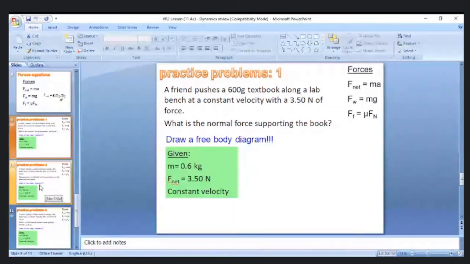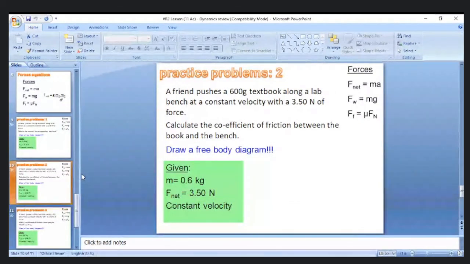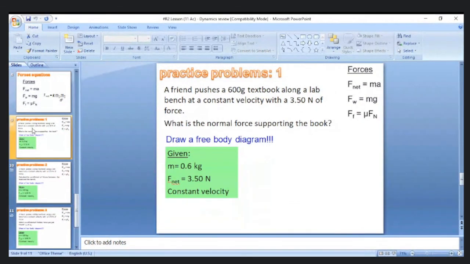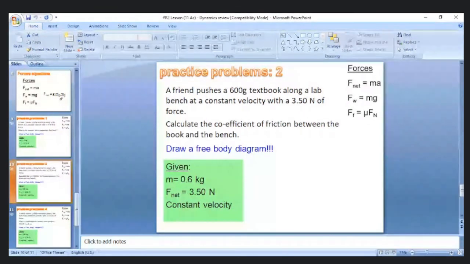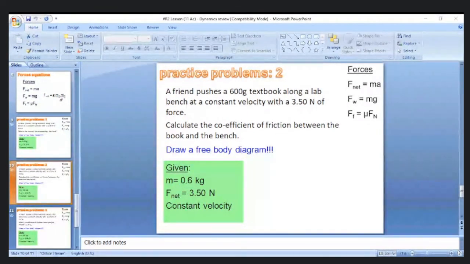So let's have a look at another problem. Okay. All right, so carrying on with the same kind of information as on the last one. So still we've got the 600-gram textbook being pushed along the bench with a velocity of 3.5 newtons. This time, the question is asking us to calculate the coefficient of friction for this. So to calculate the coefficient of friction,